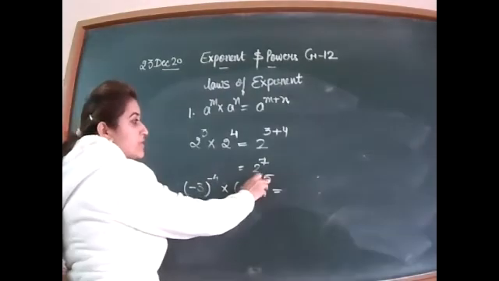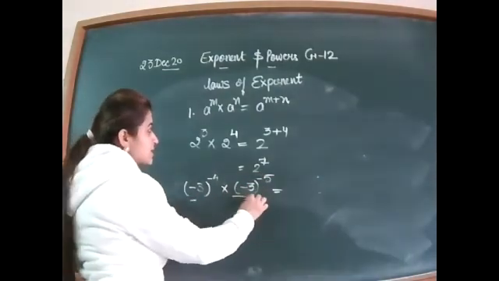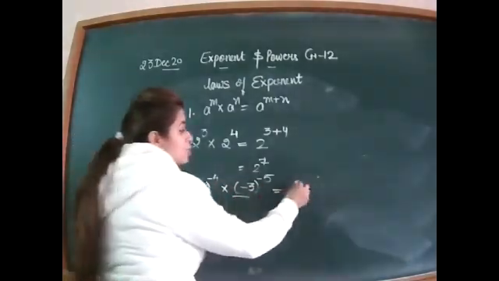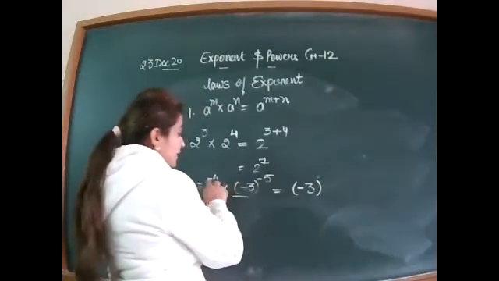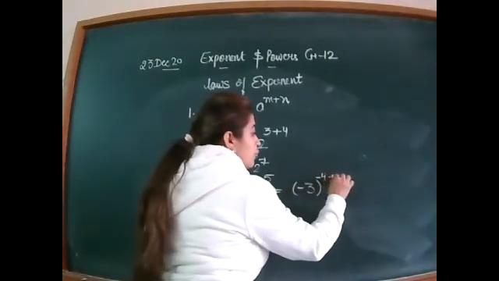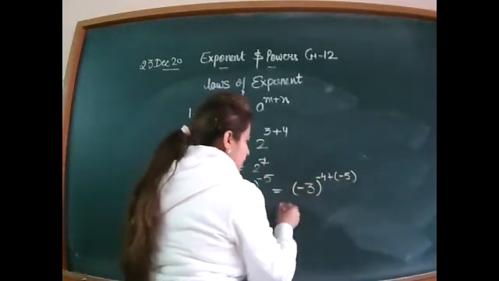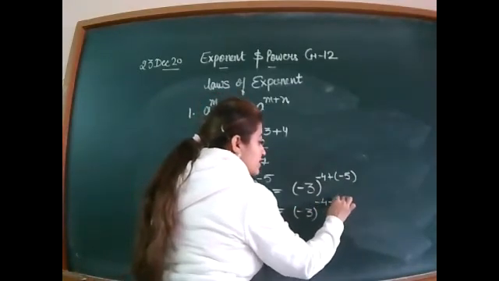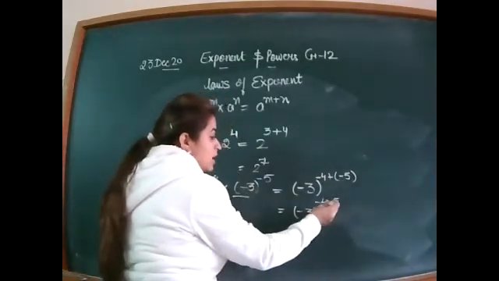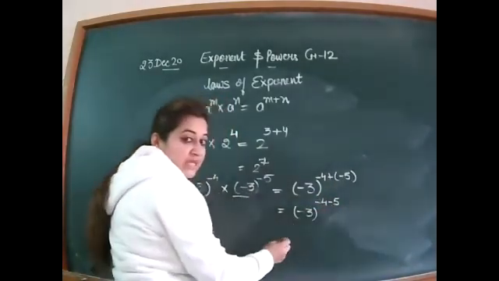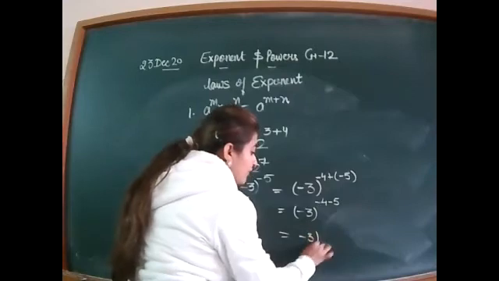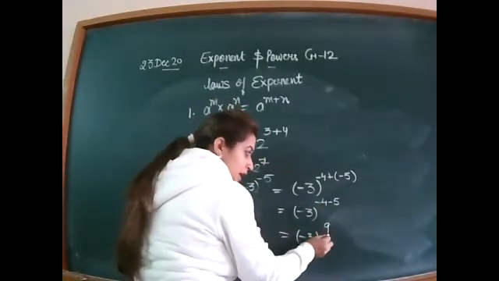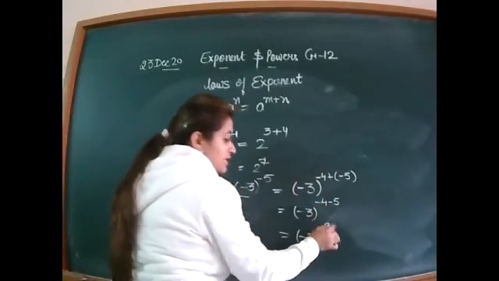Here also, minus 3 raised to power minus 5. Bases are the same, so you will write the law in the bracket here. And since the bases are the same, you will write the base 1 time and the powers will be added: minus 4 plus minus 5. So 3 raised to power minus 4 minus 5. Now solve this. Minus minus will give you plus. So you have to add these terms, that will give you 9, and the sign will be of the greatest, that is minus.